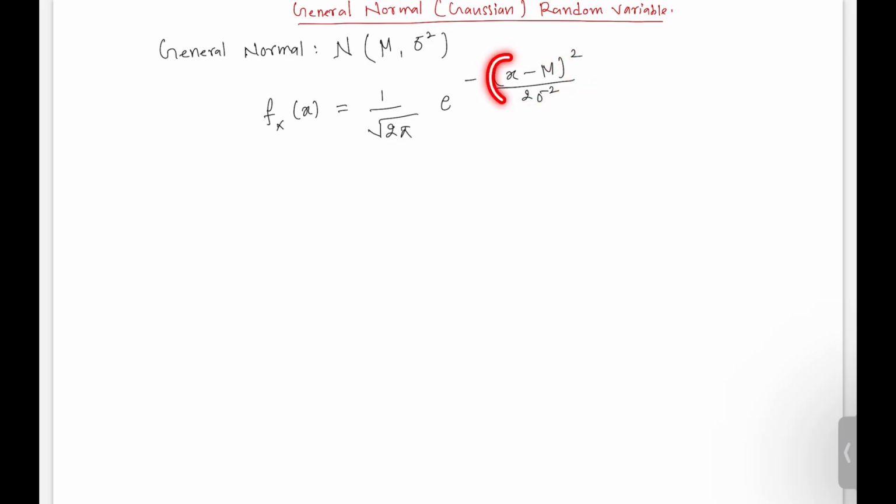The exponent is this expression. If you look at the plot of this expression, again it will be a parabola, right? X minus mu whole square will be a parabola, and this time it will be symmetrical around x equals mu. Right. So this is (x minus mu) square divided by 2 sigma square. Now if you take the negative exponent of this expression,